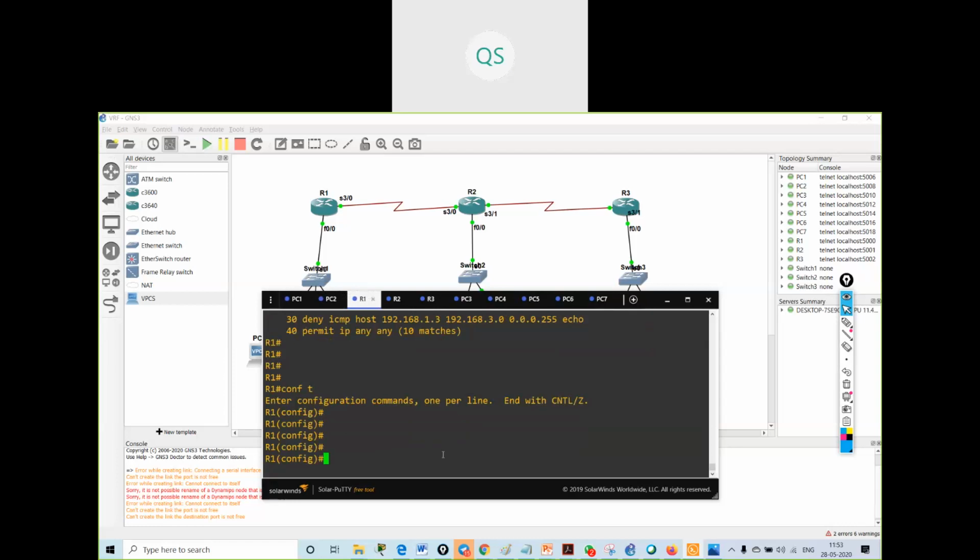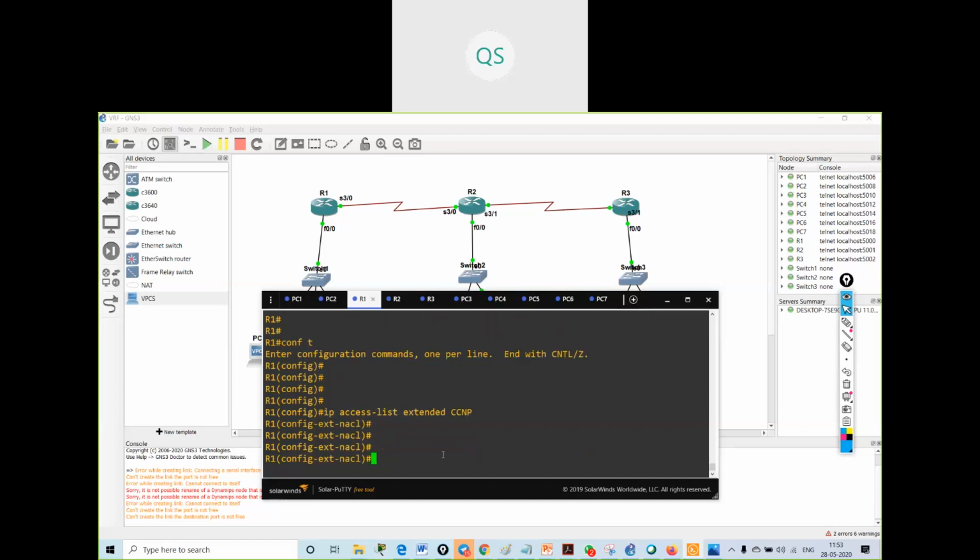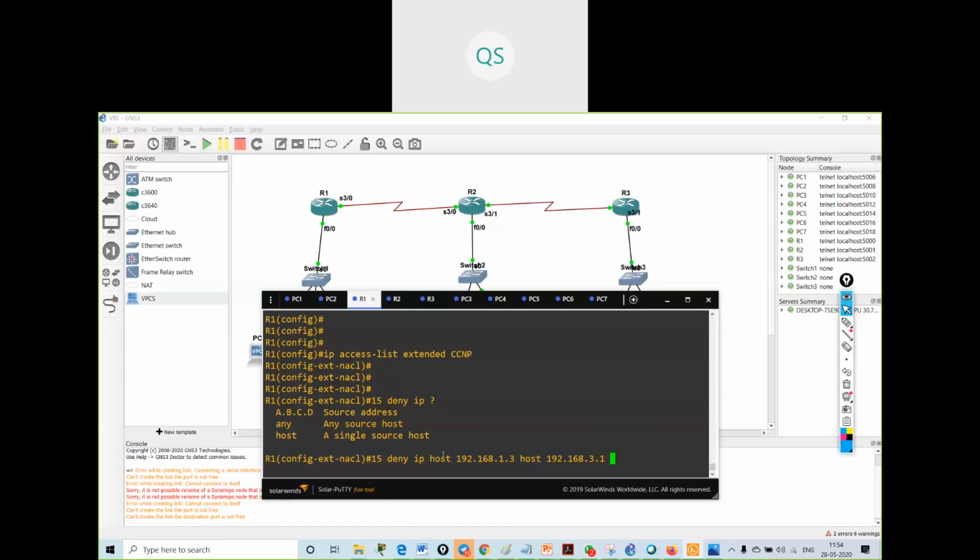I will say 15 deny IP host 192.168.1.3, destination host will be 192.168.3.1, echo.